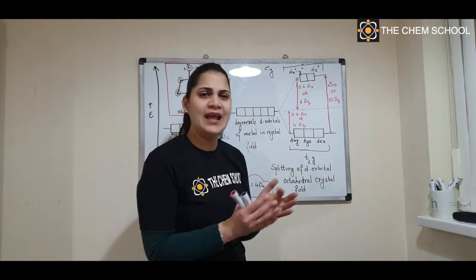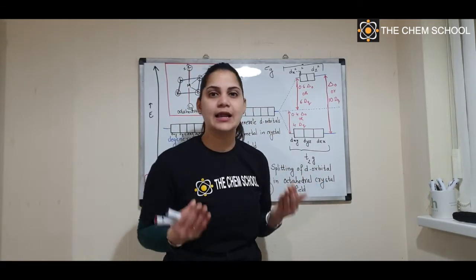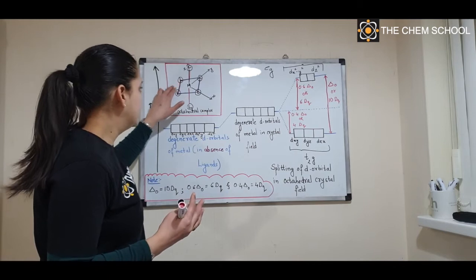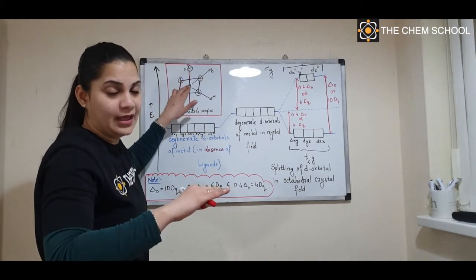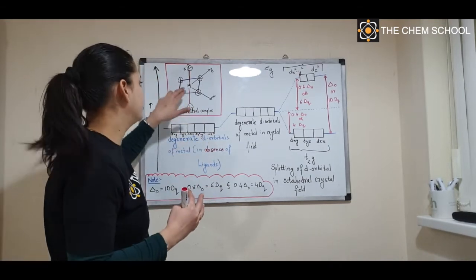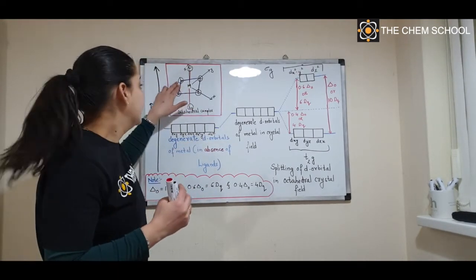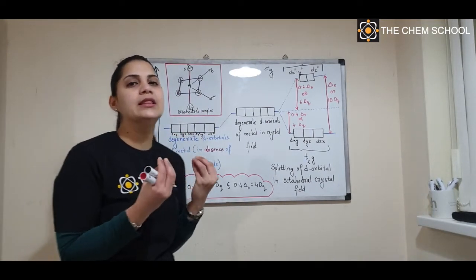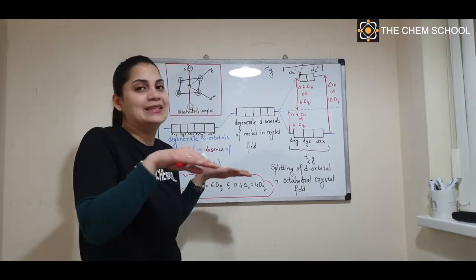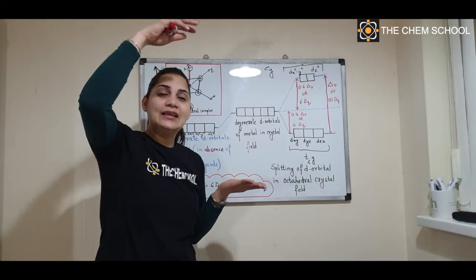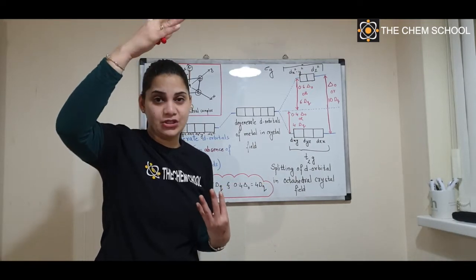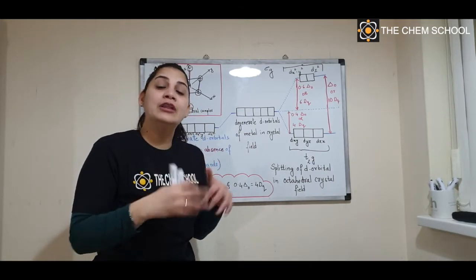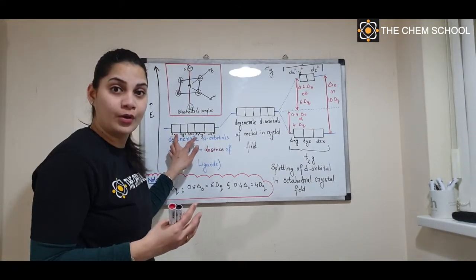What next? Now there is splitting based on what? Let's understand that. Practically what happens is the ligands which are in the plane feel less repulsion from the metal. I repeat, the orbitals that are in the plane, that is dxy, dyz and dxz, experience less repulsion from the ligands because they are lying in the same plane. But the ligands that are lying above and below, that is on the axes, are under a lot of repulsion. Therefore the energy will be more compared to this. That is what is happening.